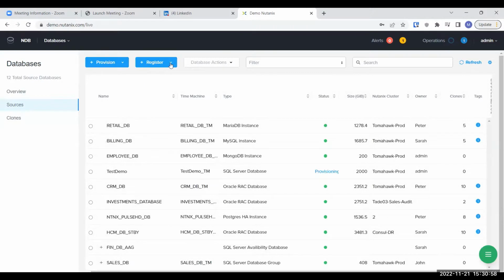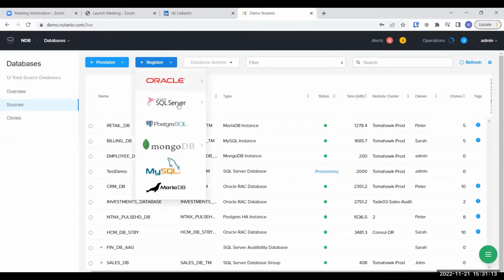Here you also have an option to register an existing database server, or an existing database, AAG group, or FCI.